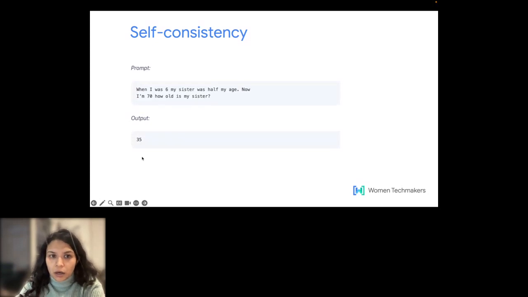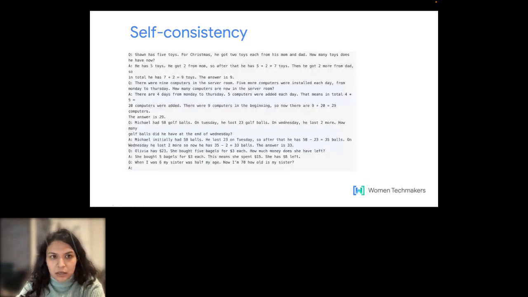Now to solve this, what we did was provide different arithmetic problems where the answer applies different reasoning methods. If we take the first example, Sean has 5 toys. For Christmas, he got 2 toys each from his mom and dad. How many toys does he have now? So, he has five toys, and then this is the explanation. Similarly, there are 3 more reasoning problems which we have given, and all these reasoning problems have different approaches to